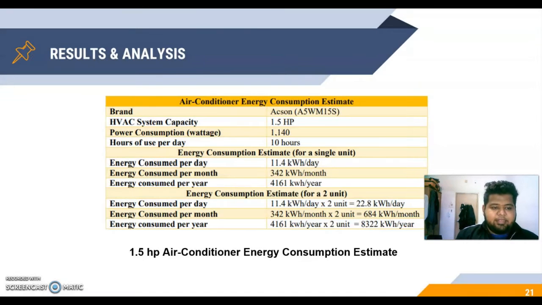Okay, next, let us look at the 1.5 horsepower air conditioner energy consumption estimate. Our 1.5 horsepower air conditioner is Accent. The model number is A5WM15S. The system capacity is at 1.5 horsepower, and the power consumption is at 1140, and it is also used for 10 hours per day. Okay, the energy consumption for a single unit per day is at